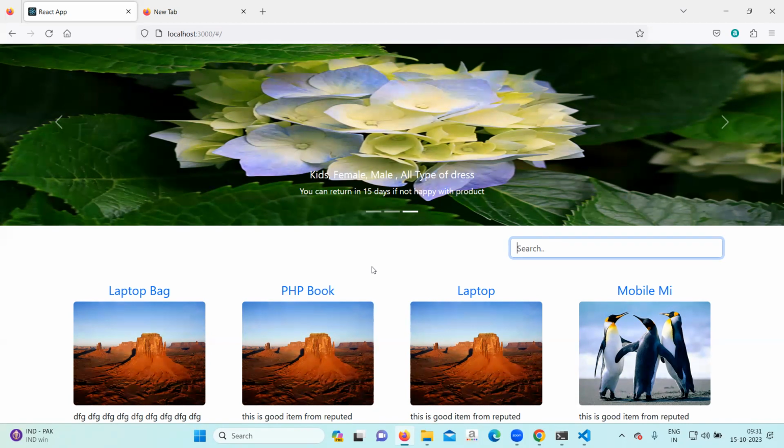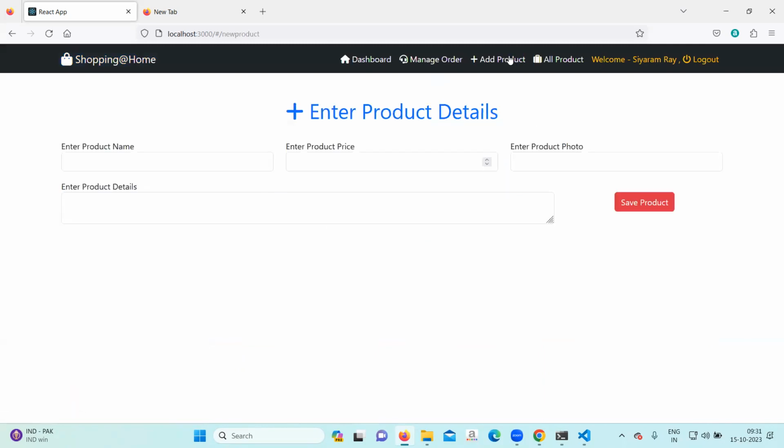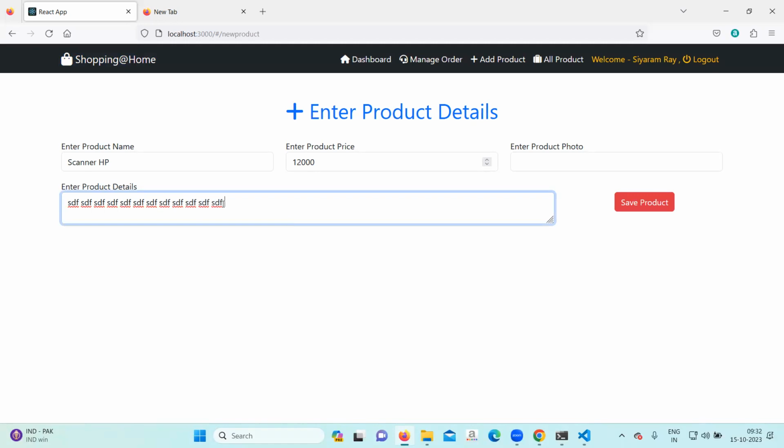Also, you can give like this. I'll guide you. You log in as a seller and you can add like this. Now see, everyone. Go to add product, and suppose I want to add here one mouse, or maybe something like a scanner, HP scanner. Okay. After that, I'll enter some price, 12,000, and I will write some description here. After adding the description,